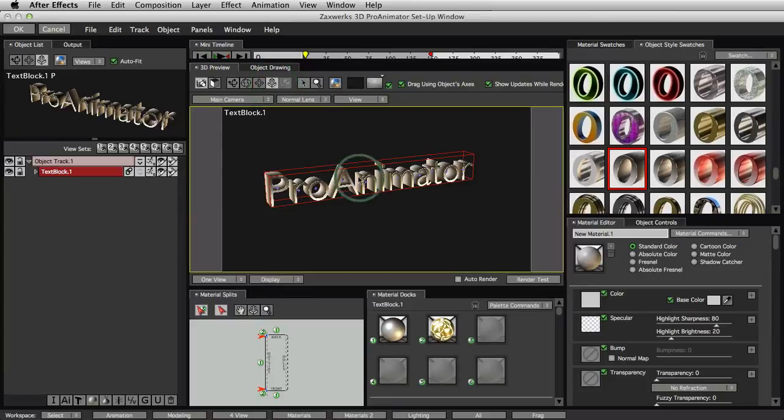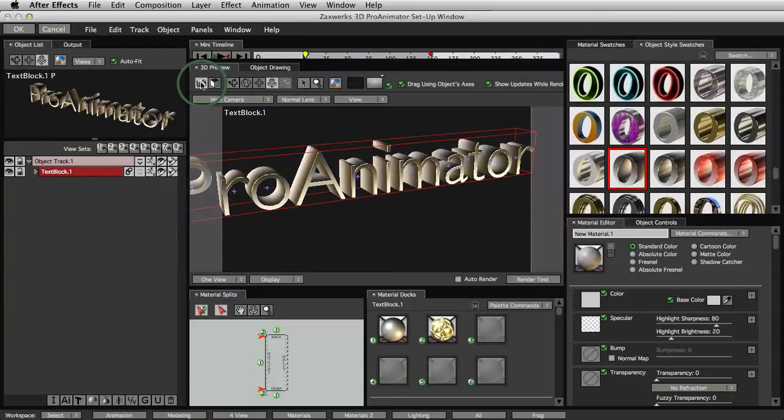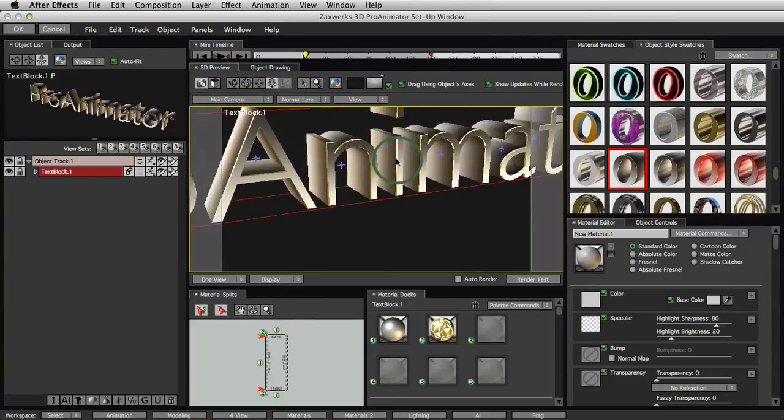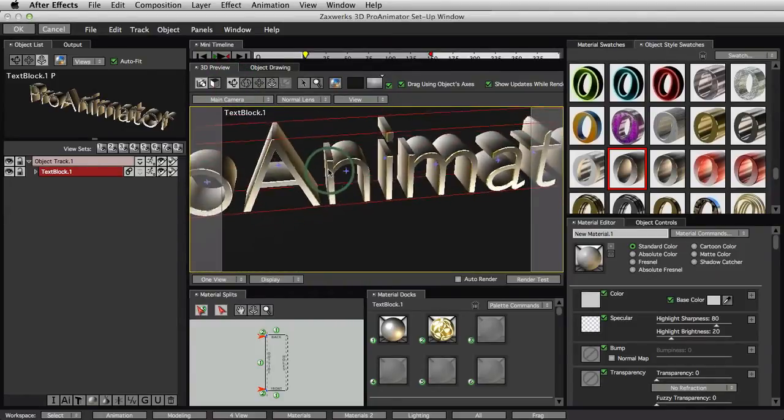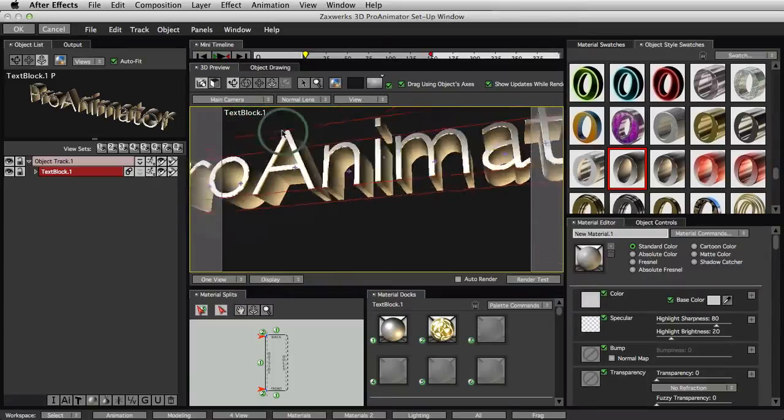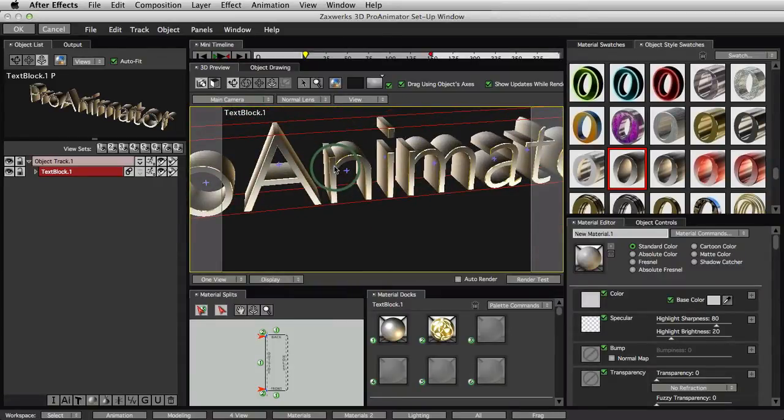And now we can zoom in with this. You'll notice I've got the camera button selected, and this is the dolly tool, so it lets us zoom in. And then this is the tumble tool, which we can then use to take a look at how these objects are set up. So this looks pretty cool. Good, let's go with that for now.